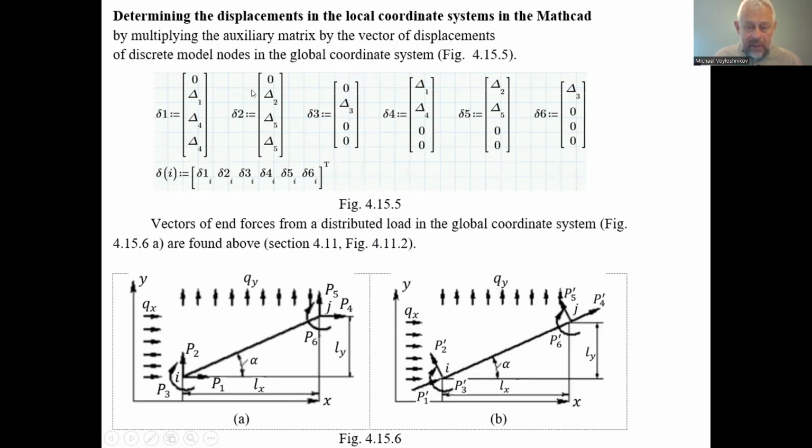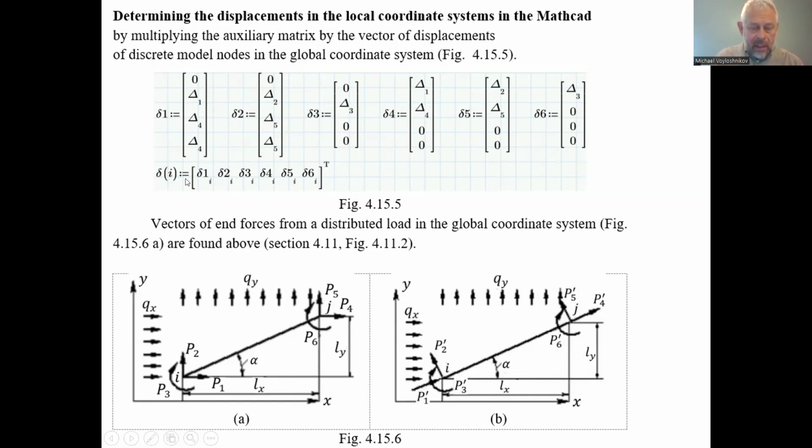And when defining the correspondence between the displacements, the translational delta 1, delta 2, delta 4, delta 5 of the beginning and the end of the finite element, and the angular displacements for the beginning, delta 3 and delta 4, for the 4 finite elements in each vector, we can define this as dependent on the number of the finite element, as the transposed vector delta 1 I with the variable I. We consider this in the next steps as a function vector dependent on I, the number of the finite element, and in Mathcad we define this as a delta vector function of the number of the element I,